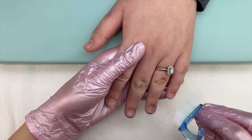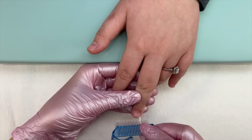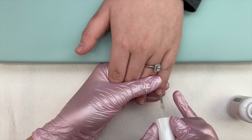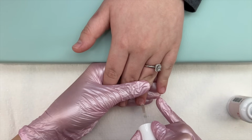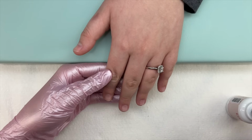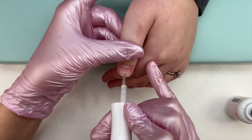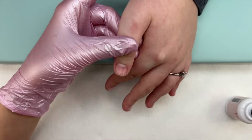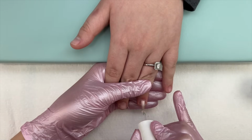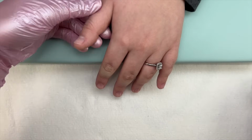So I did her right hand. Now I am moving on to her left hand here. We are again jumping back to that nail prep, starting off with the stiff dust brush with some rubbing alcohol to wipe away all of the nail dust to dehydrate her nails. Going in with step number 1, the dehydrator, applying a layer of that. I will also then go in with step number 2, the primer, apply 2 coats of that, and then I will go in with step number 3, the builder gel, apply a layer of that to the nails to act as my base coat. I'll have her cure for 30 seconds,